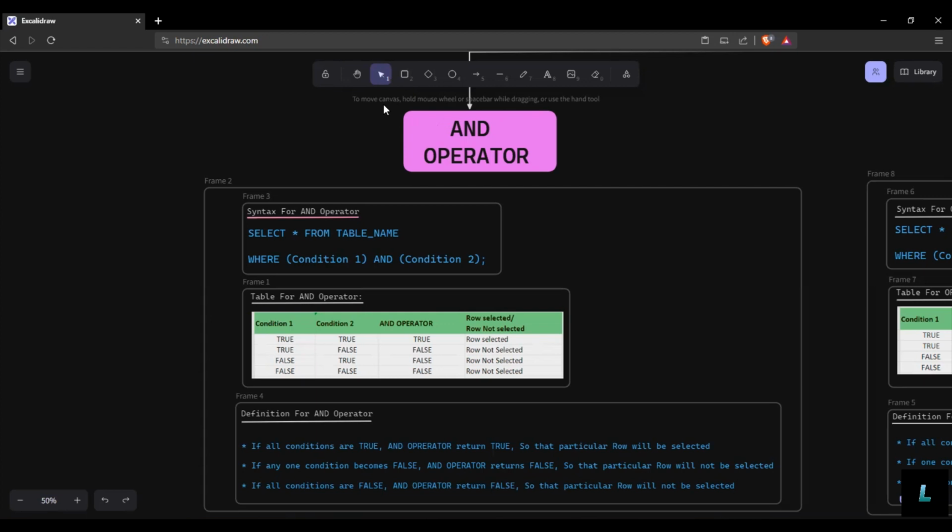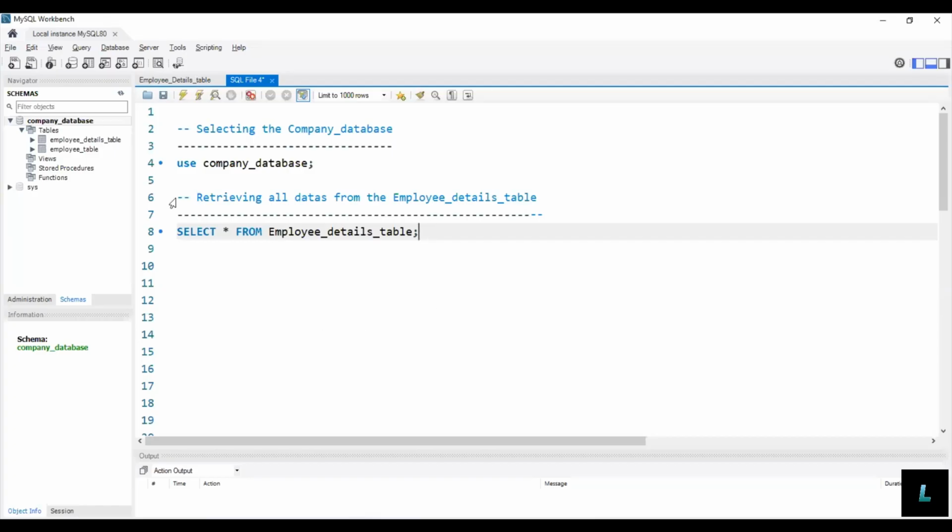Now we will learn more about the AND operator through some SQL queries. So I'm switching to MySQL Workbench. Since we are going to work with the employee details table, which is located inside the company database,